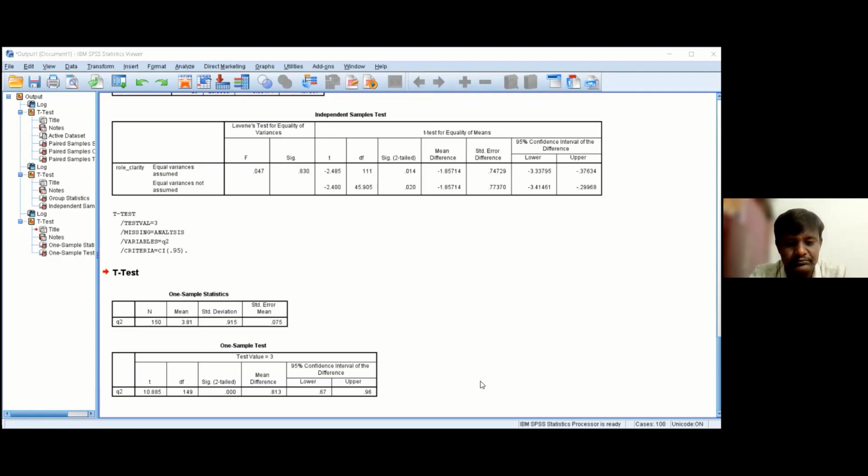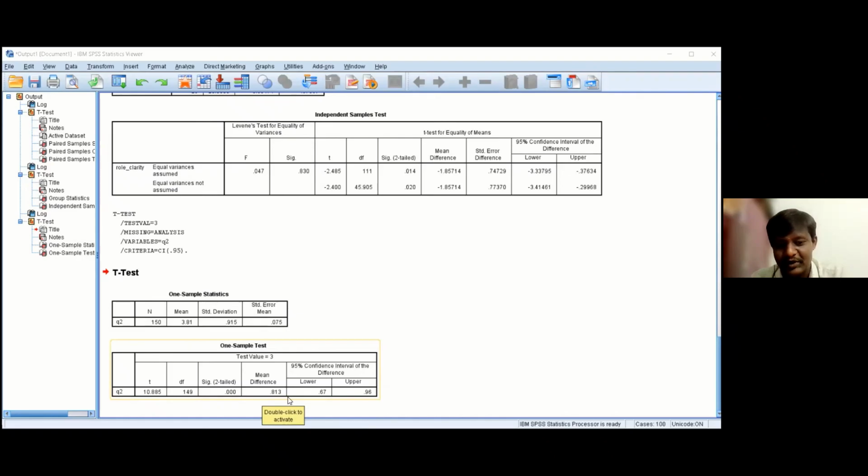Please explain once more. Madam, if you see in this particular table, our confidence interval is 95%. For this 95% confidence level, what is the upper limit and what is the lower limit? Here we have got the mean difference as 0.81.